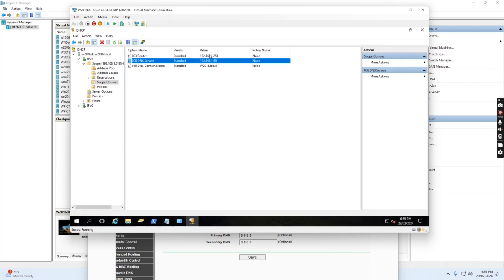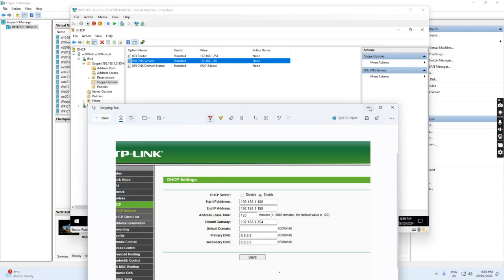So as shown here, the router is 192.168.1.254, and the DNS server is the domain controller. When a user logs into the computer, they will get a DNS IP address from the DHCP server and get all these options. Like if I go to the computer,